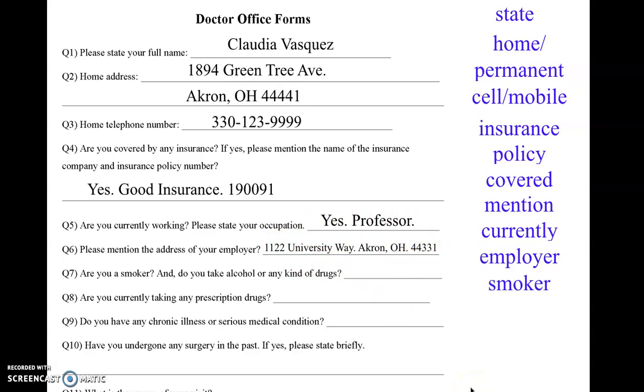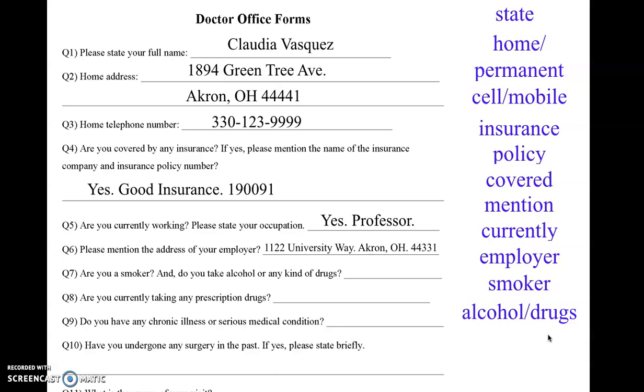Question 7. Are you a smoker? A person who smokes cigarettes, right, or cigars. And do you take alcohol or any kind of drugs? Alcohol or drugs. Alcohol is like beer and other hard things made out of rice or potatoes, right? Drugs, right? So alcohol and tobacco and cigarettes are drugs, and they mean any other drugs, be they illegal or